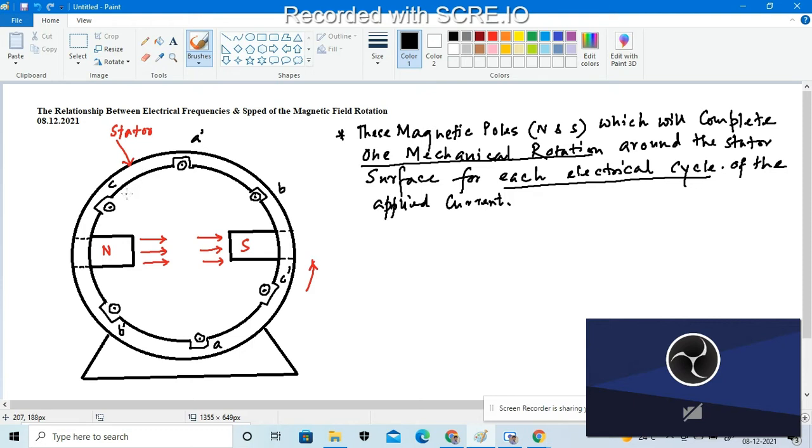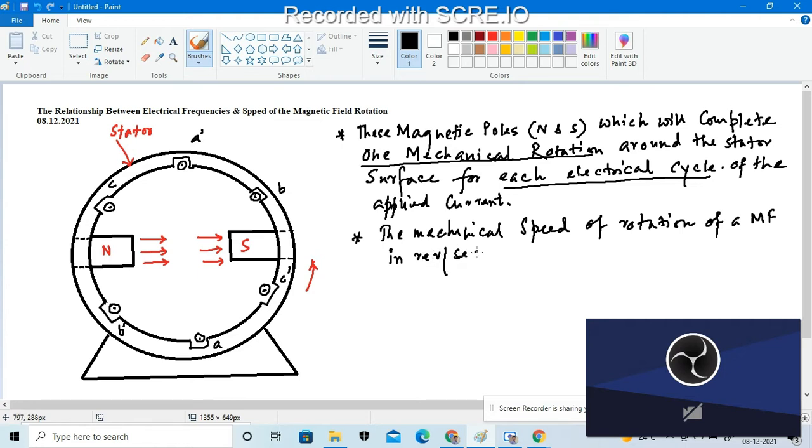Okay, so what I am told is that the mechanical speed of rotation of a magnetic field, in revolutions per second, will be defined with a unit of revolution per second, which will be exactly equal to